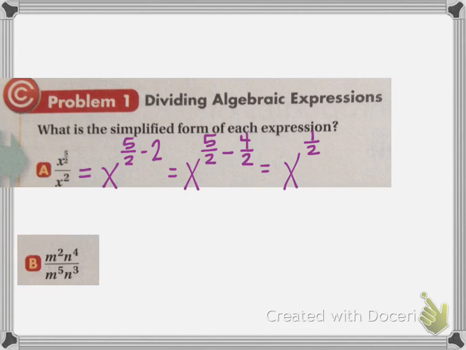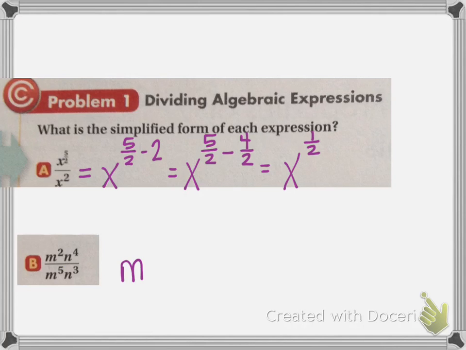And then example 2, or 1b. We've got multiple variables going on in here. And to do this, you're going to have to pay close attention to where the biggest variable is. I've got m squared and m to the 5th. Since 5 is bigger, the m's going to stay in the bottom. And since 4 is bigger, the n is going to stay in the top. So let's do,